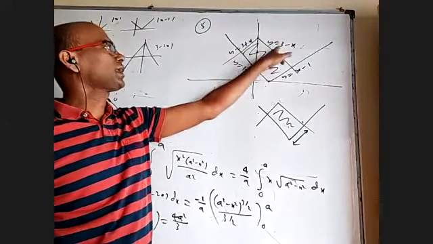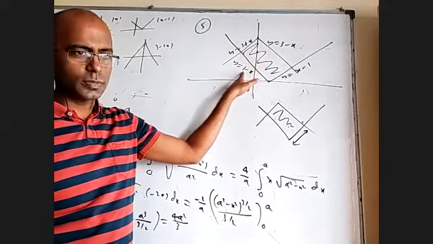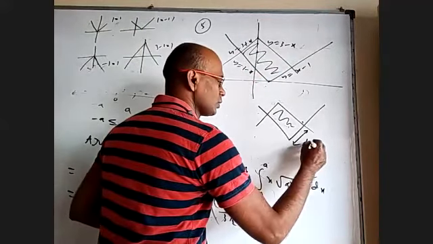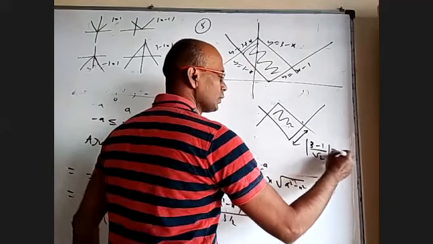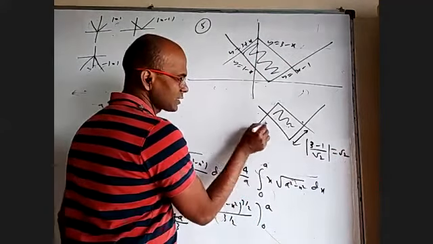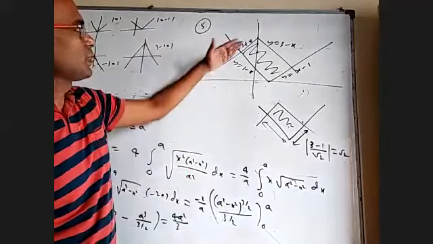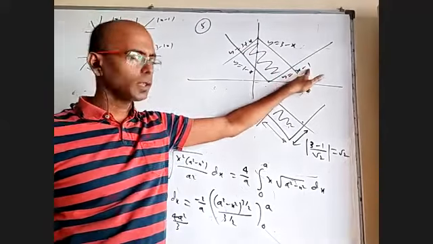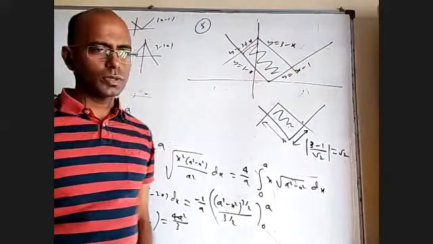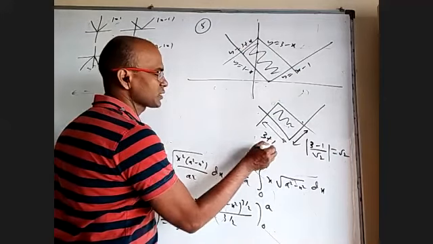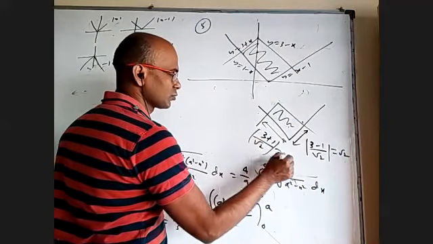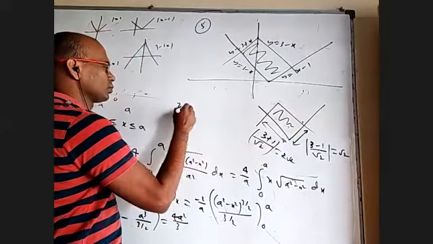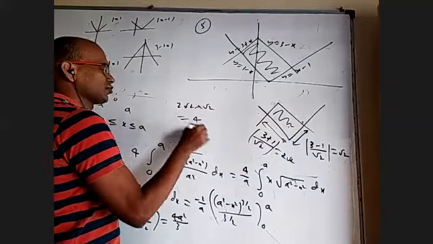You know, the distance between two parallel lines is C1 minus C2 by root a squared plus b squared. Here the constant is 3, here the constant is 1. It will be mod 3 minus 1 by root 2, which is root 2. When you take this length, the distance between these parallel lines, here the constant is 3 and here the constant is minus 1. So that is also C1 minus C2 by root a squared plus b squared, which is 3 plus 1 by root 2, which is 2 root 2. So one length is 2 root 2, width is root 2. So 2 root 2 into root 2, a rectangle, area is 4.